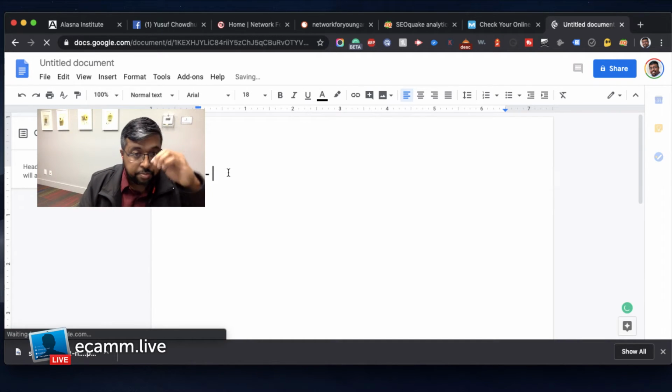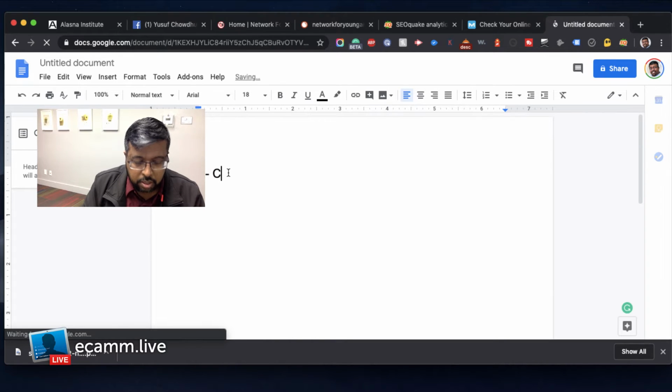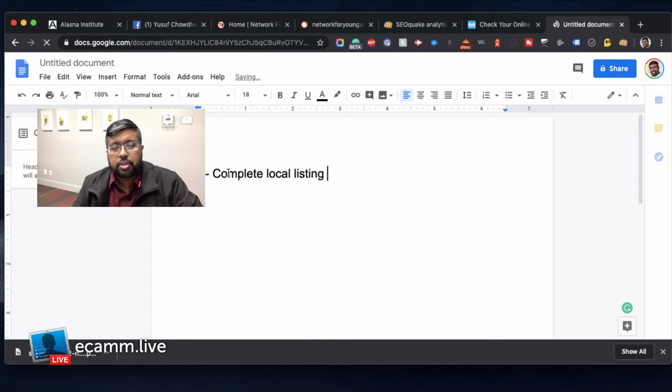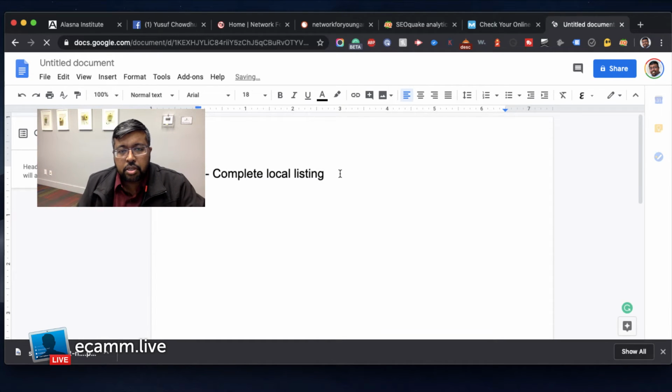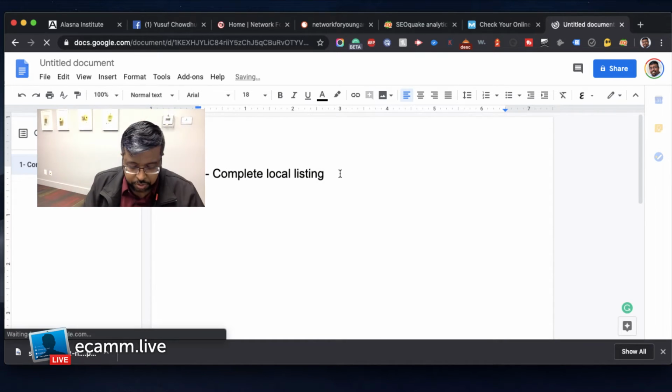That's what they're called. Okay. In order to improve the organization's visibility locally, the first thing is to complete the local listing. That should be the primary task. Number two,